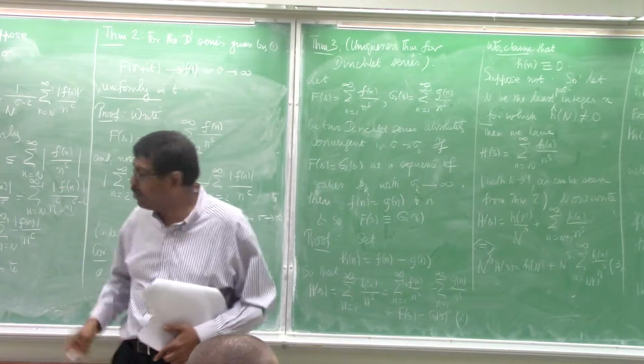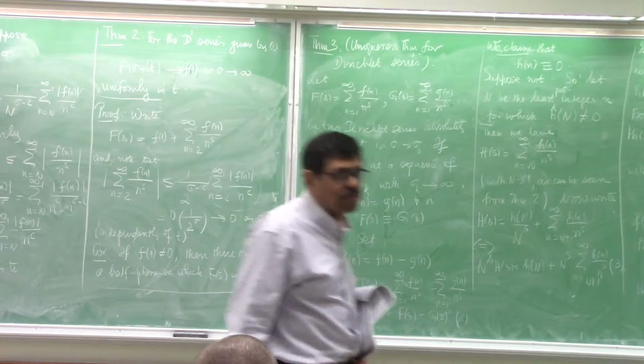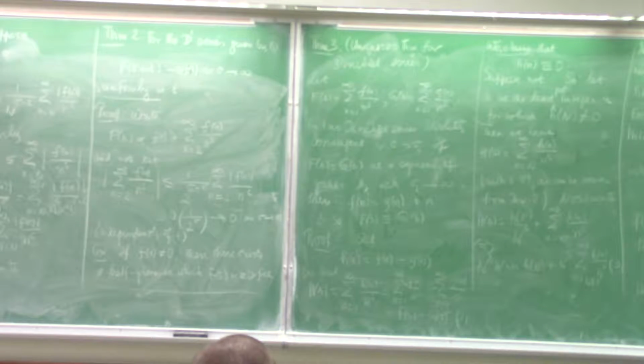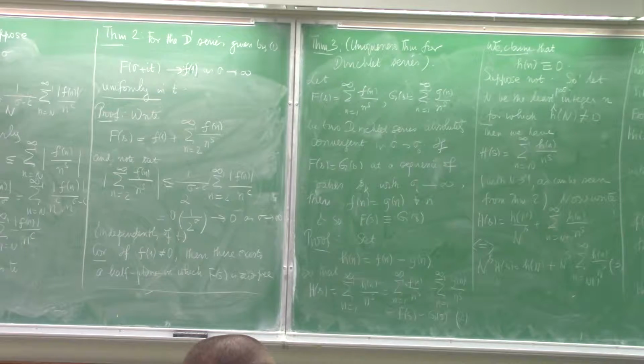Okay, so it's nothing to do with the fact that that value converges to f of 1. It's this identity theorem which is forcing it. Now, as I said, once we show that Dirichlet series are analytic functions, the identity theorem can be said for sequences of s_k which will have a cluster point. And here we are viewing infinity as a cluster point. Okay, so if you want, you can put it on